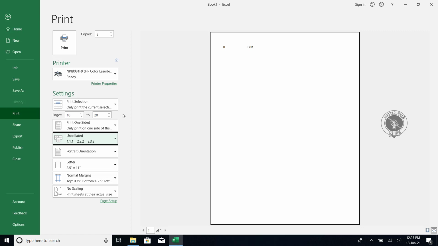So this may be useful when you are printing too many documents. That time uncollated is very useful actually, because you have to check that you have properly received all the papers or not, because sometimes some papers may get missed when someone takes them from your printer while you are printing. That time it may become difficult. Some people may get missing papers. So that's why uncollated is useful.